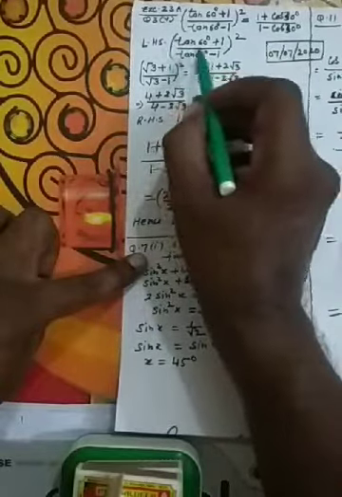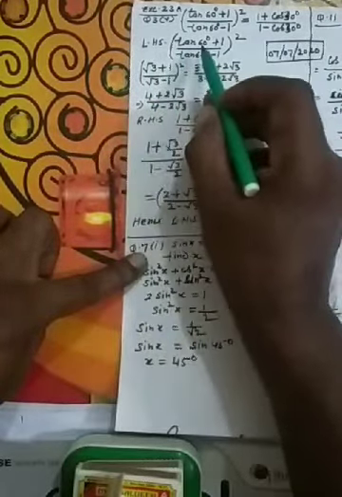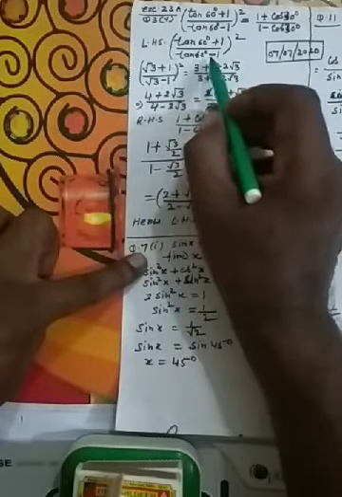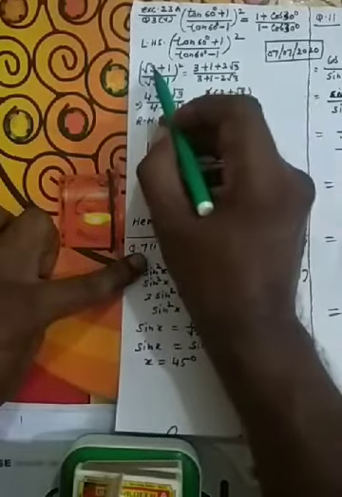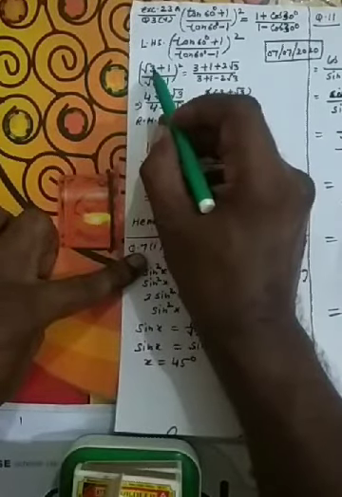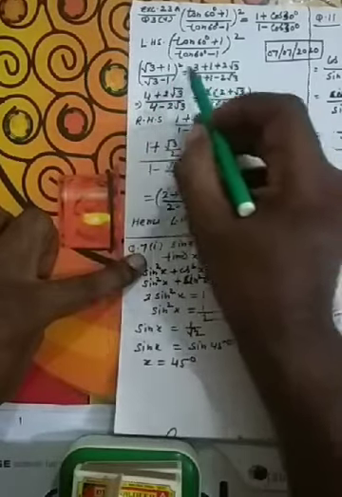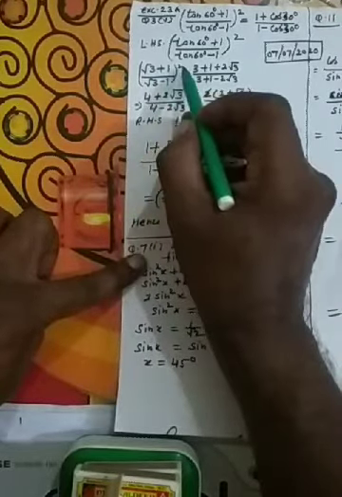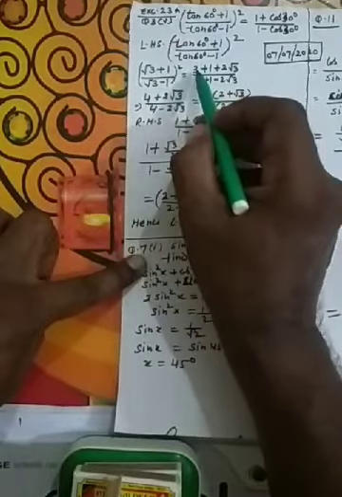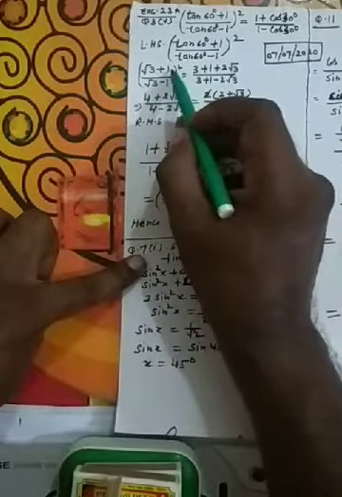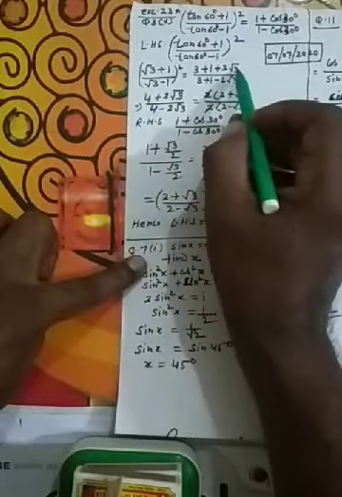We are solving the left hand side. I am writing here LHS, left hand side, tan 60 degree plus 1 upon tan 60 degree minus 1. Now the value of tan 60 degree is root 3. So put the value here, root 3 plus 1 whole square. What is the formula of a plus b whole square? A square means root 3 square will be 3, square of 1 will be 1, and 2 into a into b will be 2 root 3.